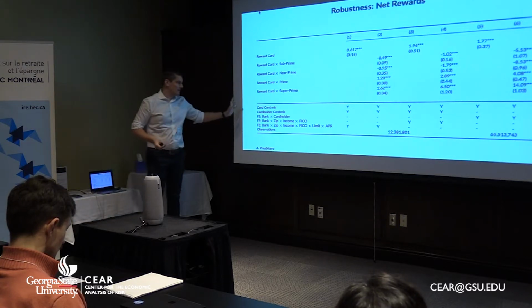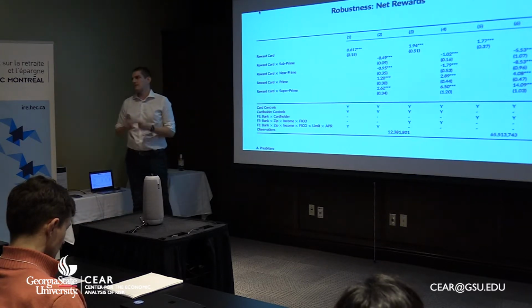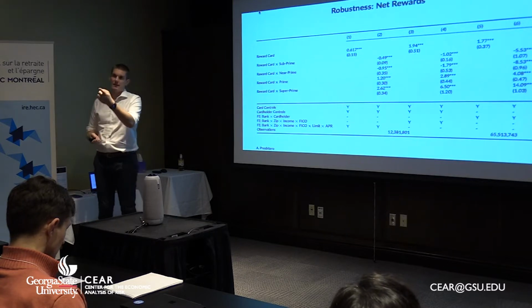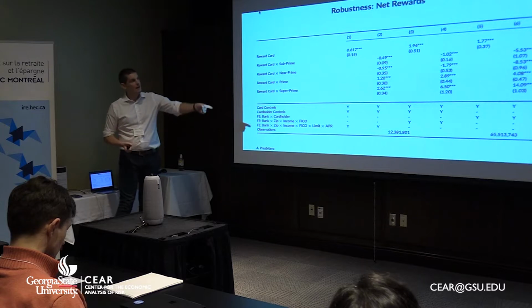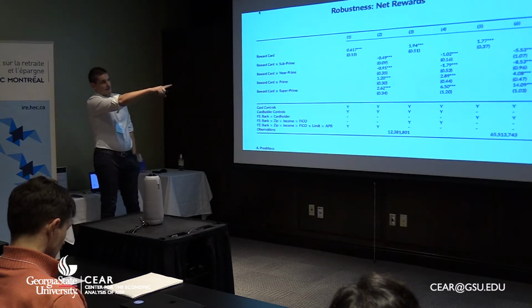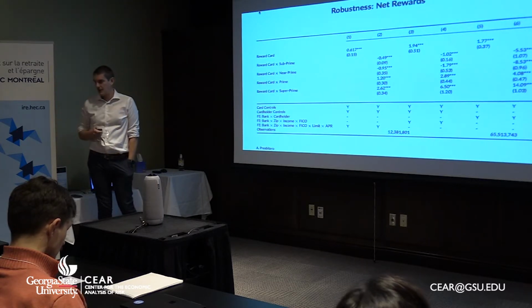So rather than simply having all this sort of fixed effect, we just have a borrower fixed effect and exploit exactly the fact that he was saying that people have multiple credit cards within the same bank, and again we find similar results, and in this case the magnitude becomes larger again.